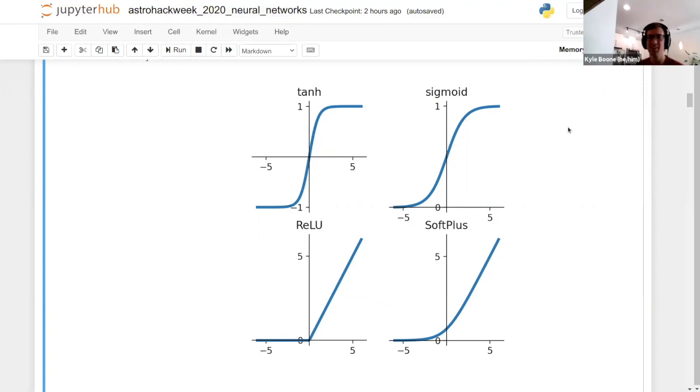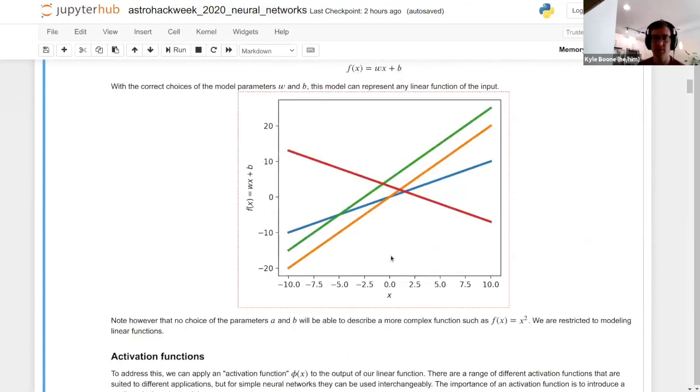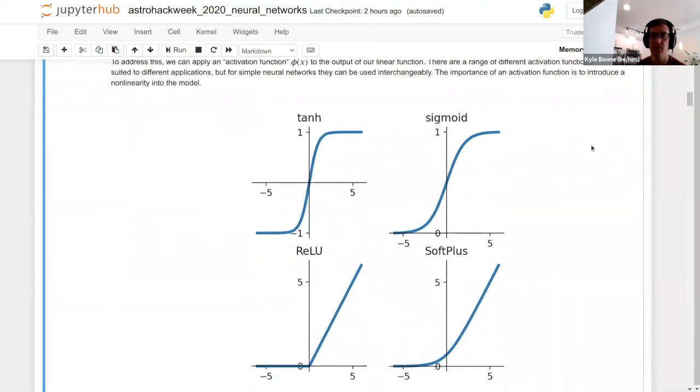So anyway, the key to a neural network is the activation function here. For a linear model, you can see we just have a line. Given some value of x, I have some linear output in terms of x. In a neural network, we apply one of these nonlinear activation functions, and here are some examples, that turns this